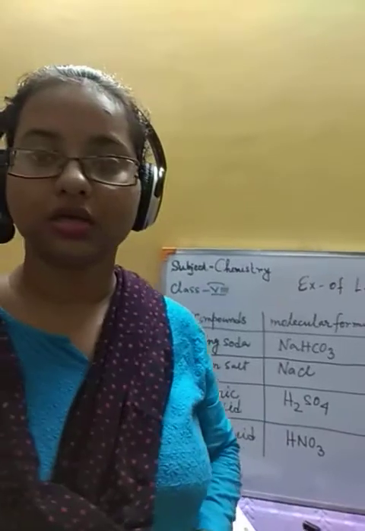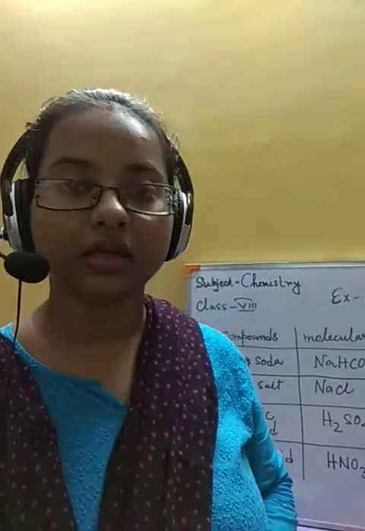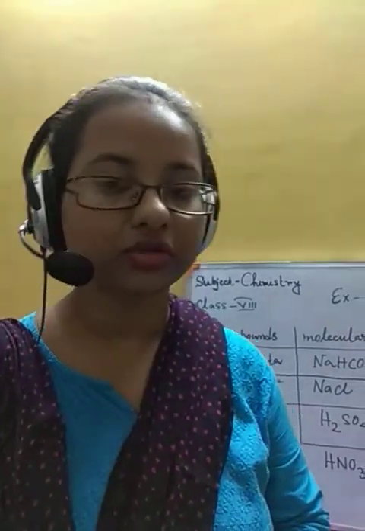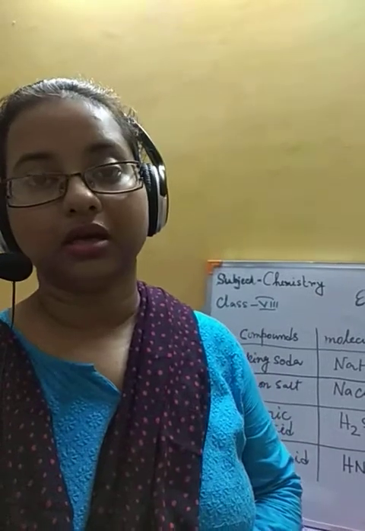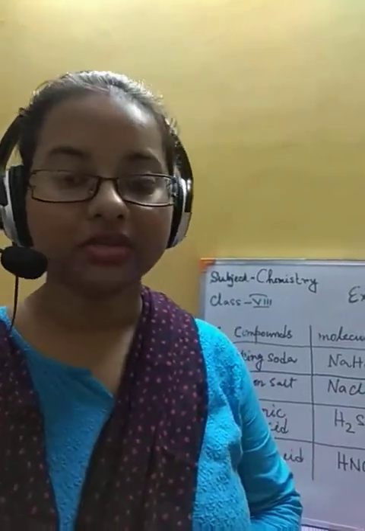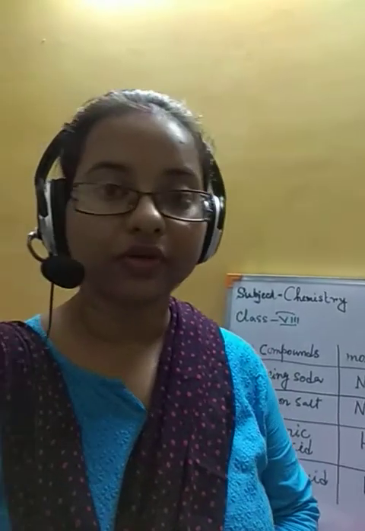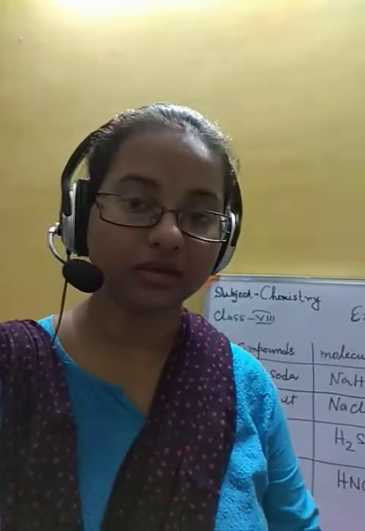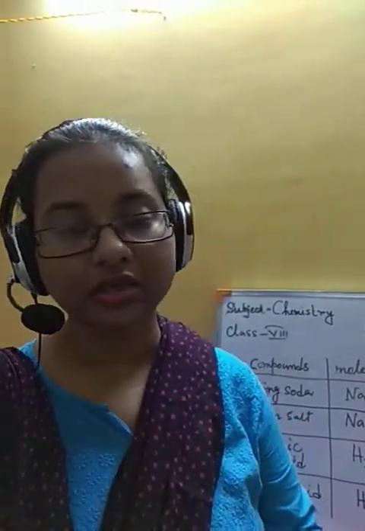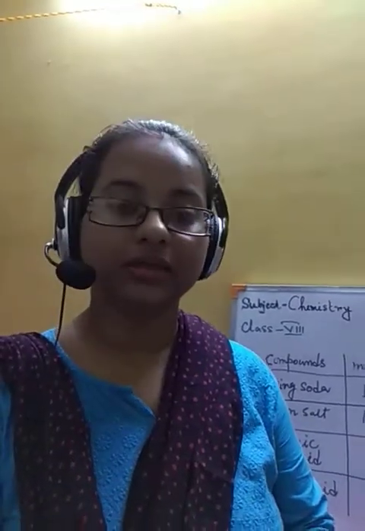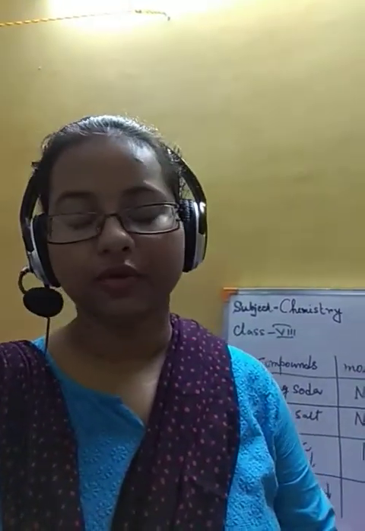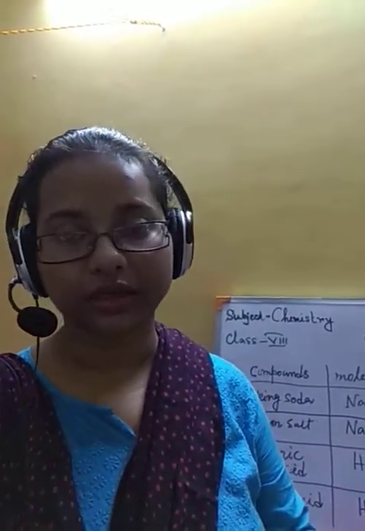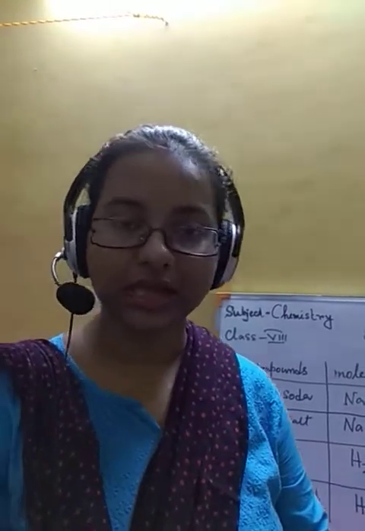So students, today's class I am ending here. Okay, you go through this, you write down these answers in your exercise book, in your school copy. And read the chapter thoroughly. You must learn how to write down the molecular formulas. Okay, no need to just memorize this. You must learn how to write the molecular formulas, and for that you must learn the radicals, the molecular formulas of the radicals with their valencies. Okay, so you need to practice properly. So do that, in that way you study.